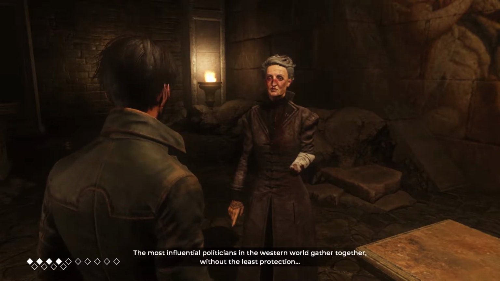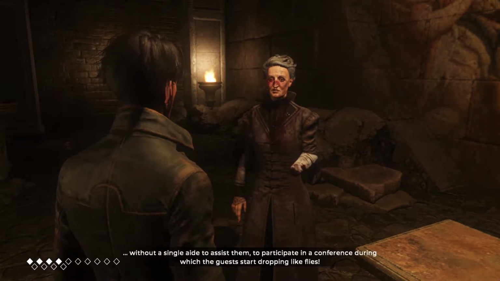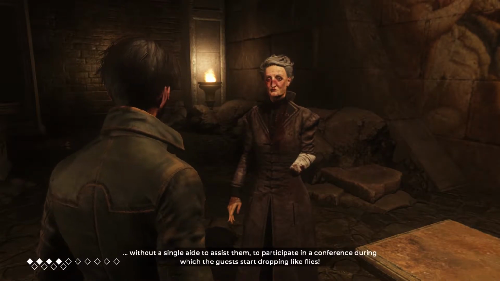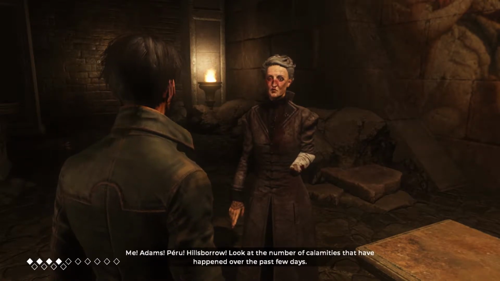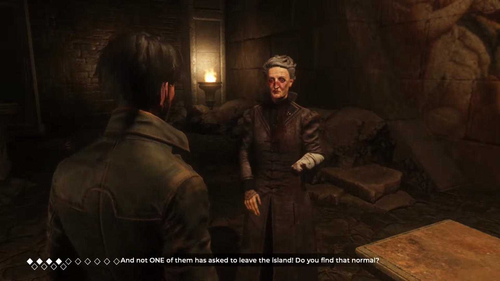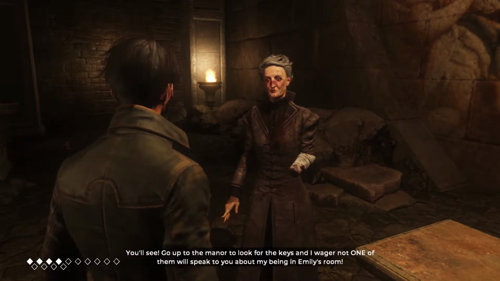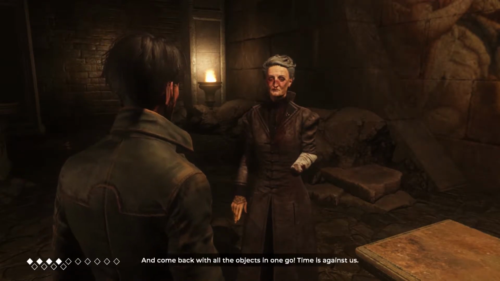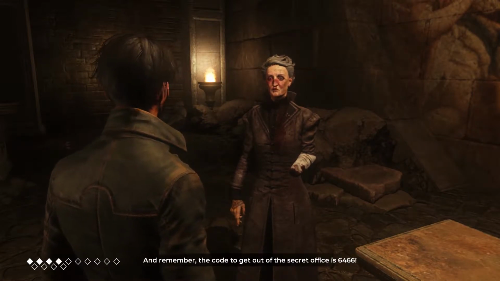The most influential politicians in the Western world gather together without the least protection, without a single aid to assist them, to participate in a conference during which the guests start dropping like flies. Me, Adams, Peru, Hillsborough. Look at the number of calamities that have happened over the past few days. And not one of them has asked to leave the island? Do you find that normal? You'll see. Go up to the manor to look for the keys, and I wager not one of them will speak to you about my being in Emily's room. Do you think so? Go on, you'll see. And come back with all the objects in one go. Time is against us. And remember, the code to get out of the secret office is